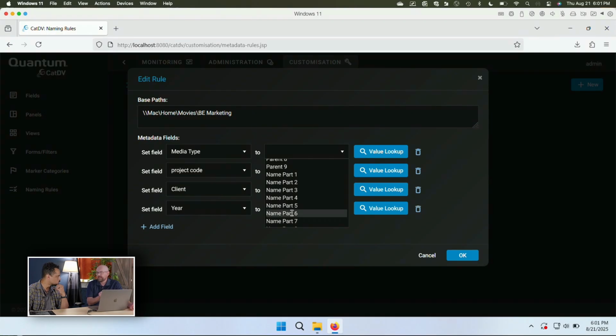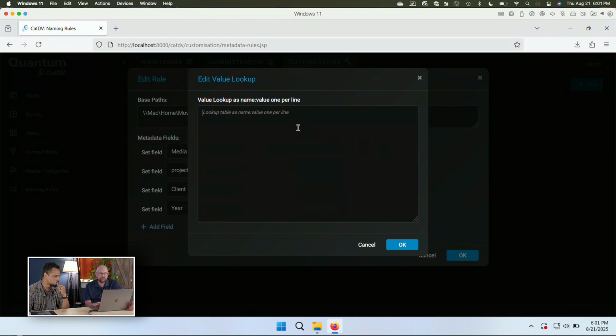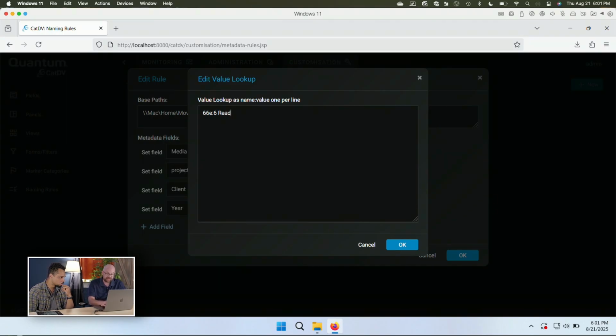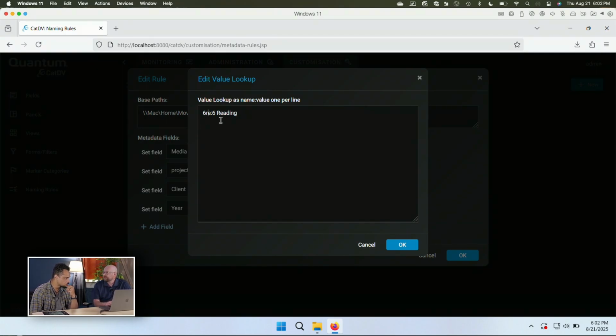Oh, wow. So let's do an example. Once again from my background, our project codes for lessons, let's say it was a sixth grade reading class. So the code would be 6RE_3-106. The 6RE tells me that it's 6th grade reading, and you can do value lookups too. So I could tell it that every time you see 6RE, I could tell it to replace that with the full name of 6th reading. Because when it sees 6RE, it's going to replace that with 6th reading.